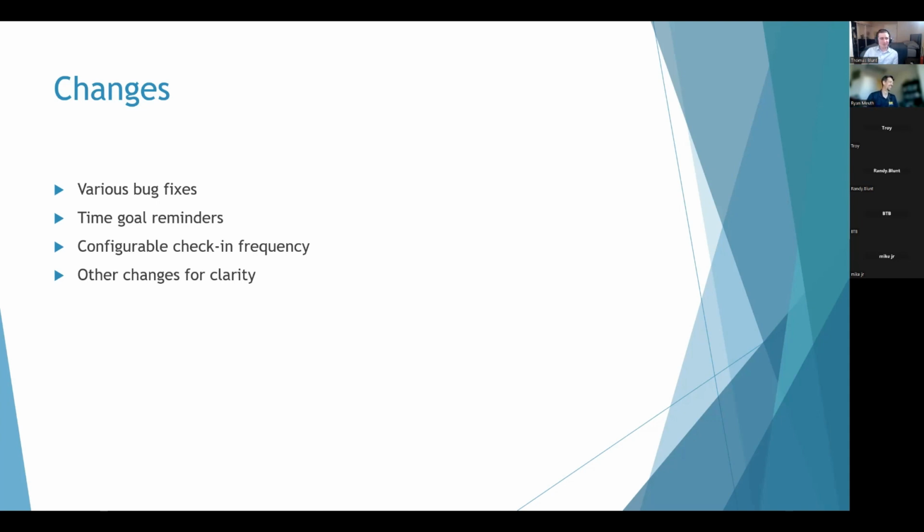And then also, as a response to some other user feedback, I added time goal specific reminders. These reminders are only enabled when you have a time goal enabled, and they will give you extra reminders at certain intervals around when your time goal is set to expire. So you get a reminder around 15 minutes before your time goal, 10 minutes, 5 minutes, 2 minutes, 1 minute, and then right on your time goal to check out of the app. And then you'll also get some reminders after the fact, just in case you forgot to check out. That'll tell you, hey, if you forgot to check out, make sure you check out.